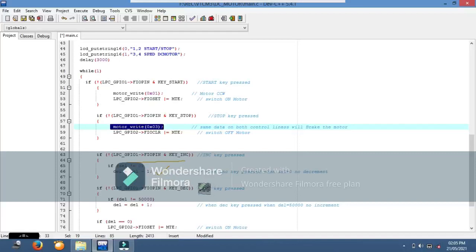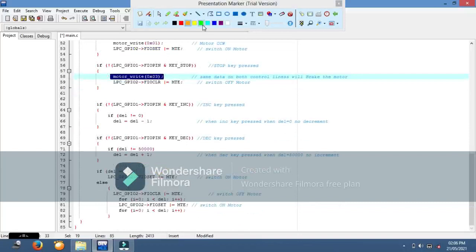So del is getting decremented. If you press decrement speed, the delay will increment. If the delay is incremented, the speed will get decremented, right?